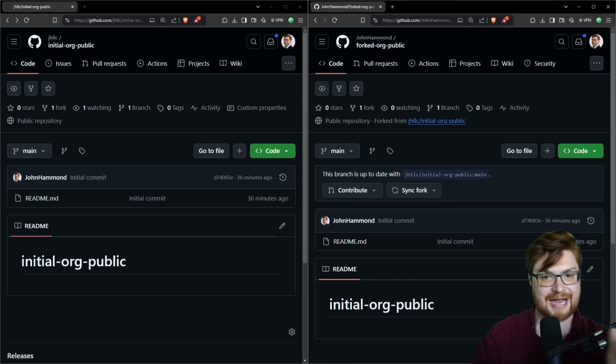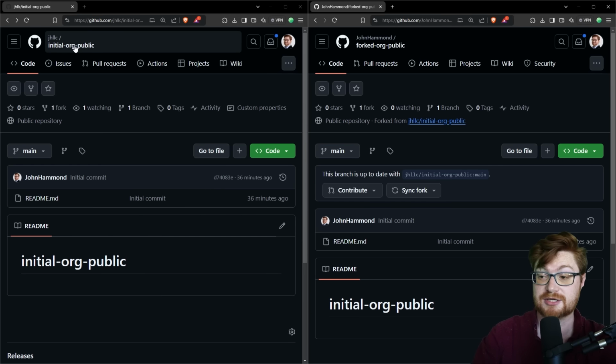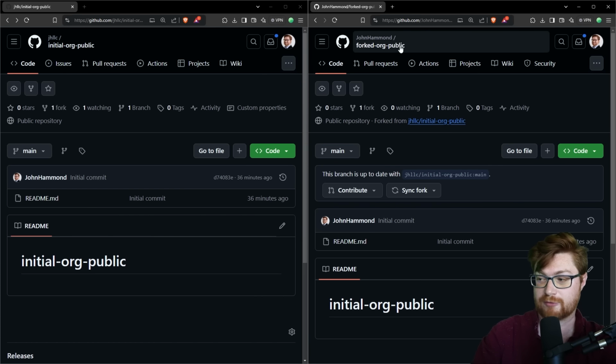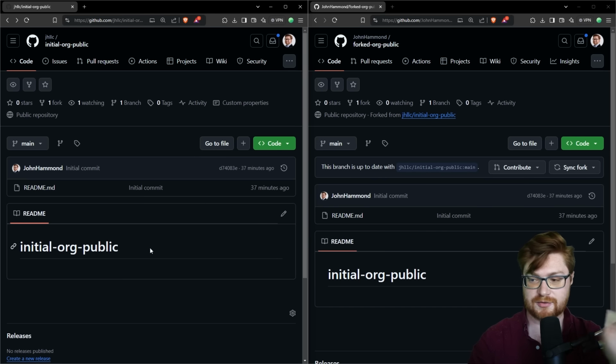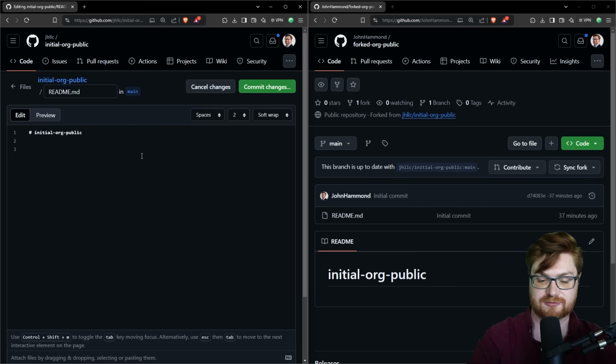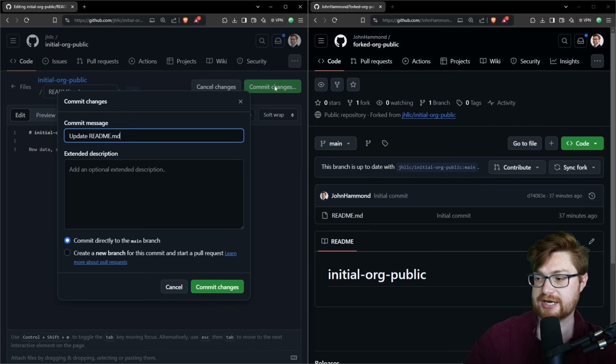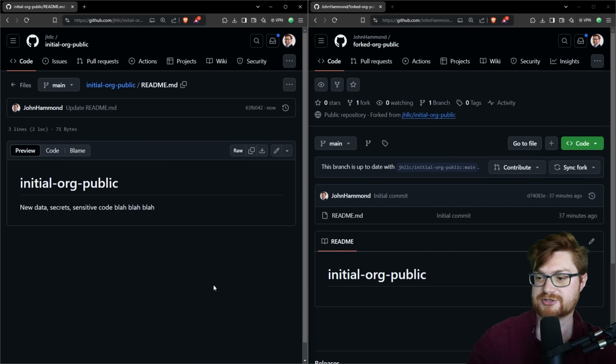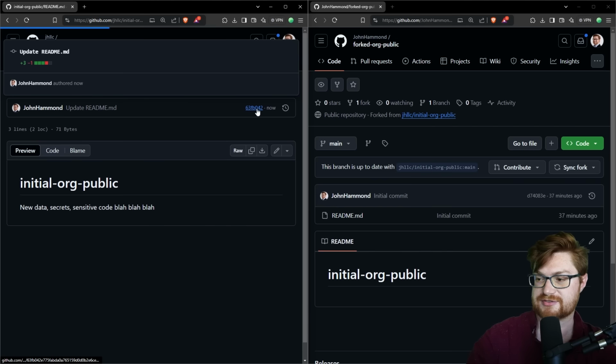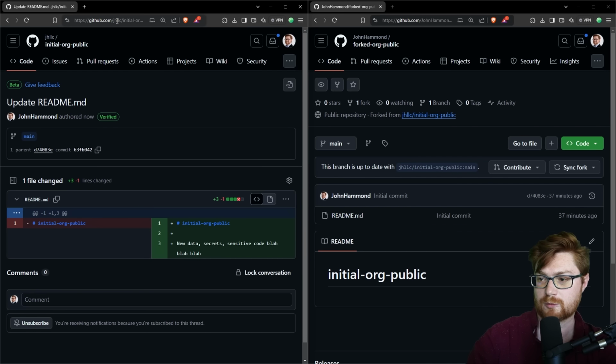So now we're back to the side-by-side compare and contrast example, right? On the left, we have the upstream source starting root node repository, the initial public repo, and then on the right, the forked user repo here. Now, what if I, on the source upstream repository on the left-hand side, were to make some other changes after it has been forked? I can say new data, secrets, sensitive code, commit those changes. We can go ahead and add that, make sure that we do have a new commit here, looks like 63FB whatever. And if I were to take note of that commit ID value, which again, we can brute force, we can figure out the short SHA-1 key space.